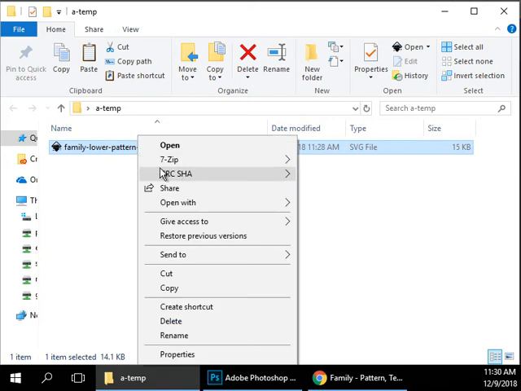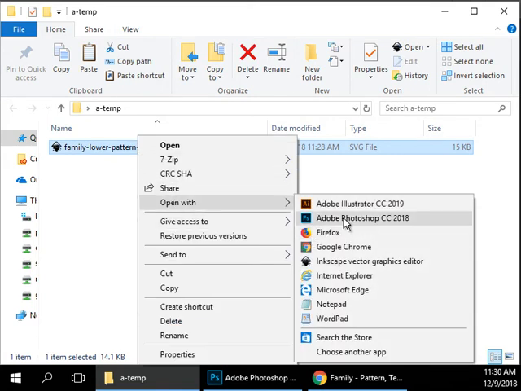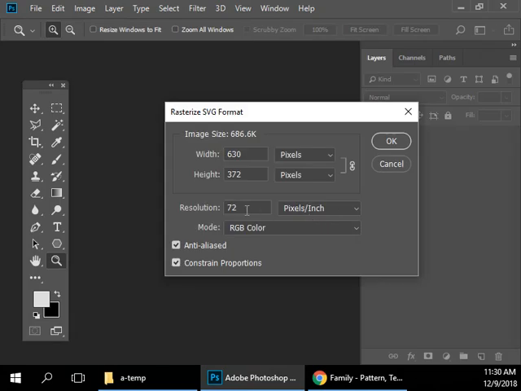I'm going to right click, go Open With, and go Adobe Photoshop. Again, I get to change these values. So let's assume I want to create a really high quality printout. Maybe I even go 600 resolution, but for a lot of printers 300 is probably going to be adequate. And maybe I want to go 2000 on the height, and a little over,